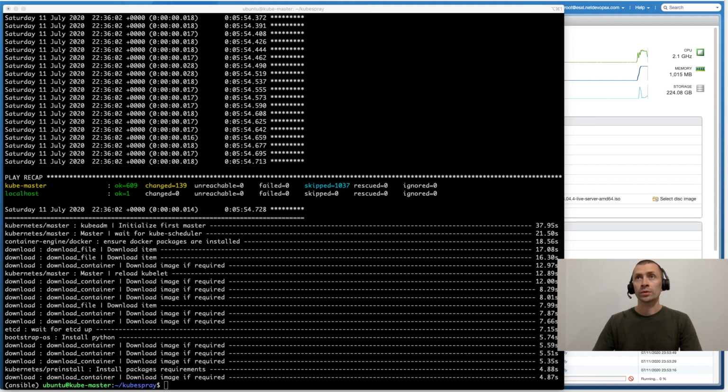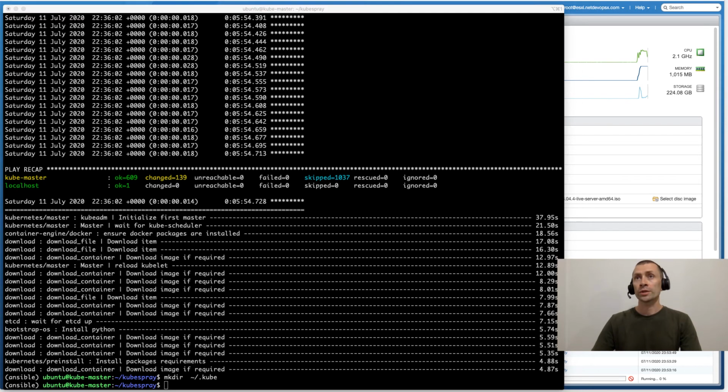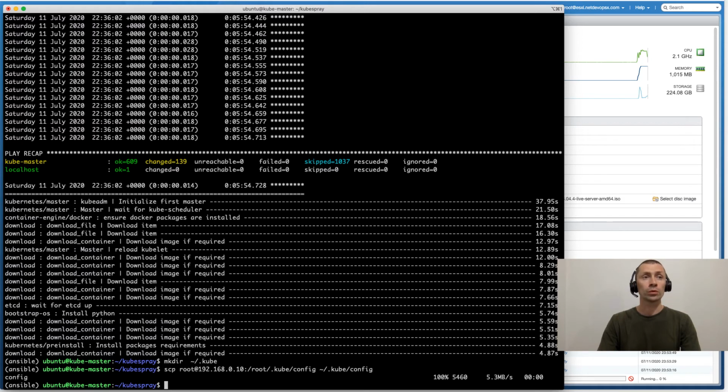Next step. Let's make the hidden directory .kube in our home directory, because to be able to manage our Kubernetes cluster as the Ubuntu user, we need to copy the configuration file, which was generated under the root user, to our Ubuntu user folder. Okay, we are there. We did it. And by the way, if you run, for example, kubectl get all -o wide, we'll see